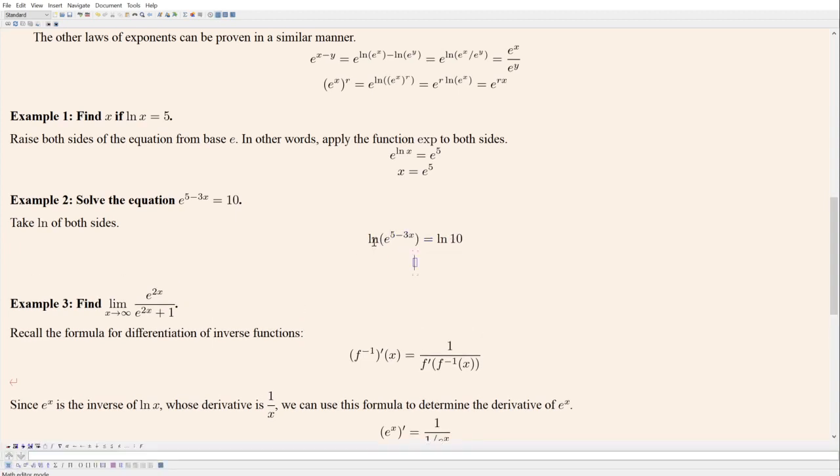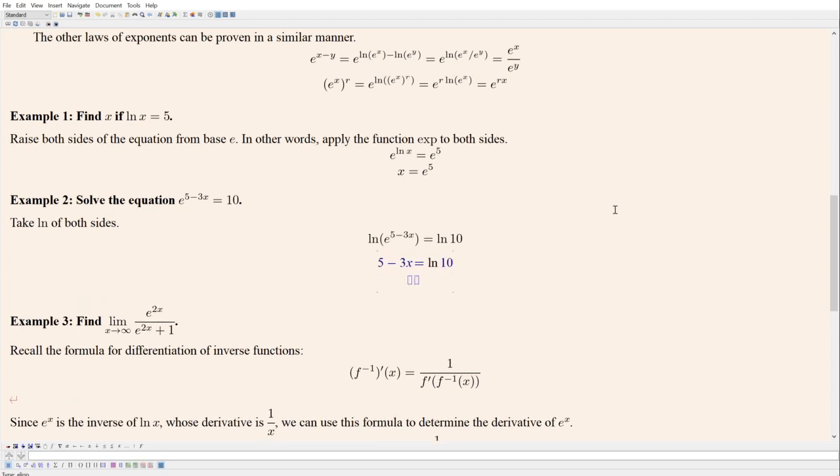So ln and e cancel each other, so 5 minus 3x equals natural log of 10, whatever that is, and then,